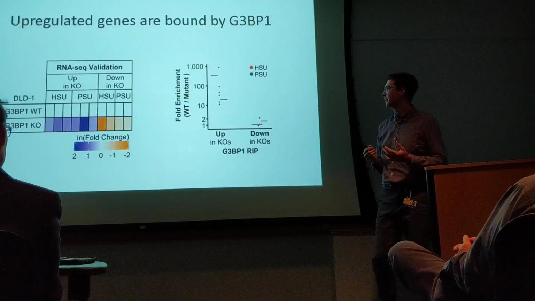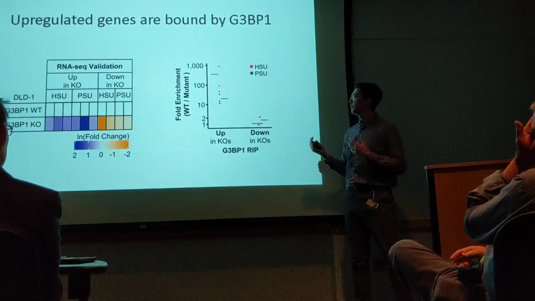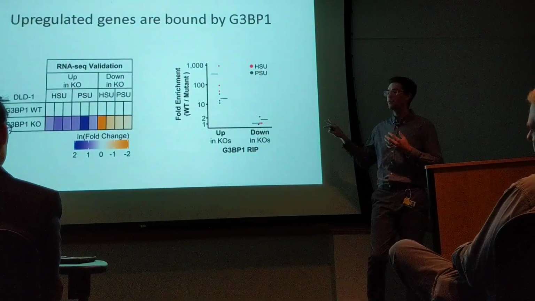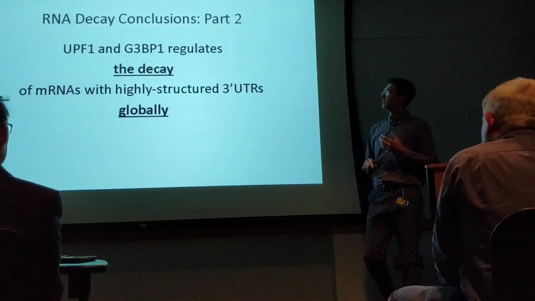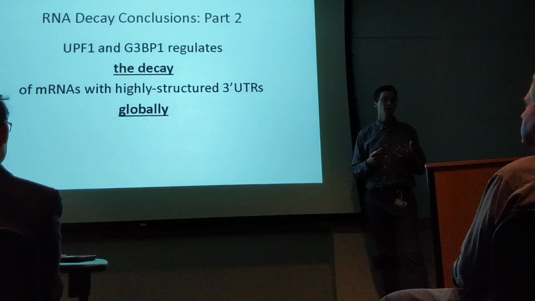So this brings up the question: why can these be regulated? Is this due to some type of specific structure within these 3' UTRs, or what? This brought up some new questions that we needed to address more directly. But so far, what we saw is that it seems that UPF1 and GTP1 are regulating the decay